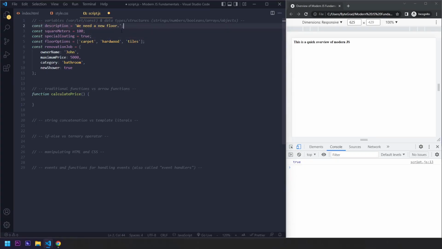These are statements, right? A script file is basically just a sequence of statements. Any program is a sequence of statements. So first, this statement is completed, and what does the statement do here? Well, we're only assigning a string to a new constant called description, and then we're assigning 100 to square meters here. Now I want to write some statements in the function body here,